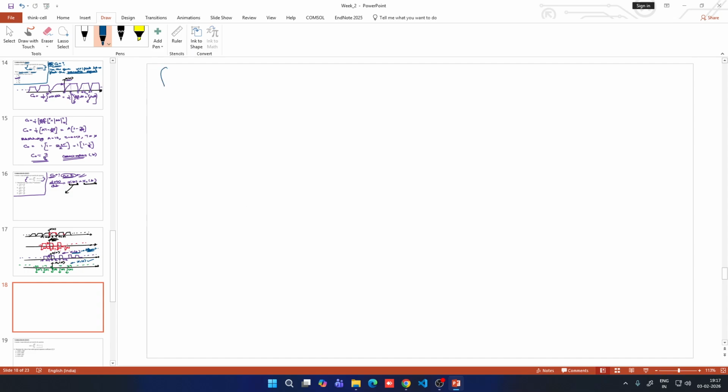Now for x1 of t, I can write c1n as the first one. I am writing it because differentiation is done one time. The subscript means that I can write